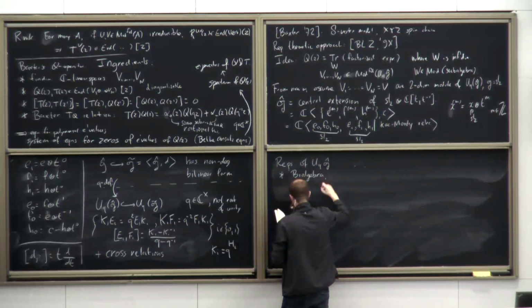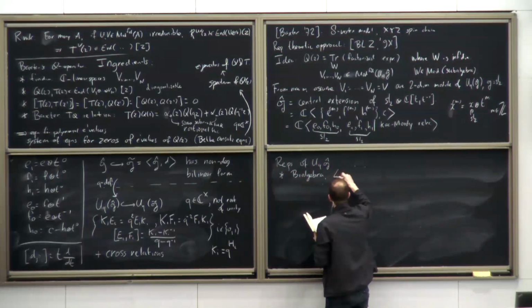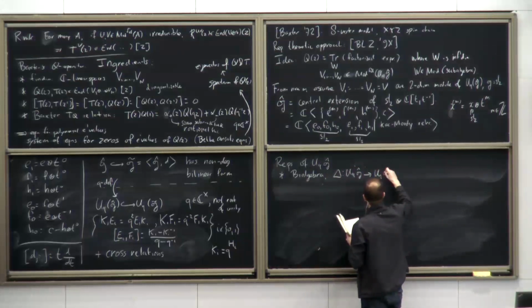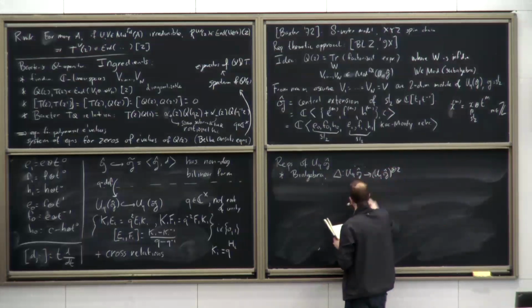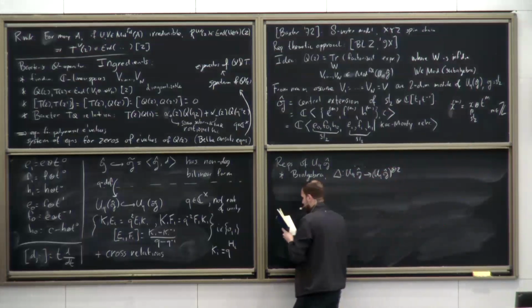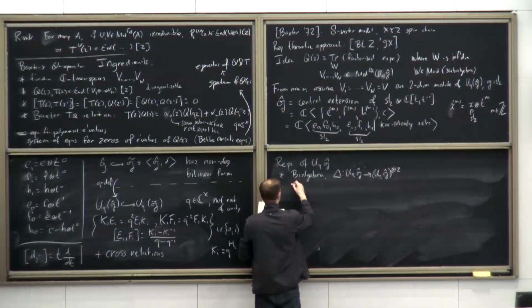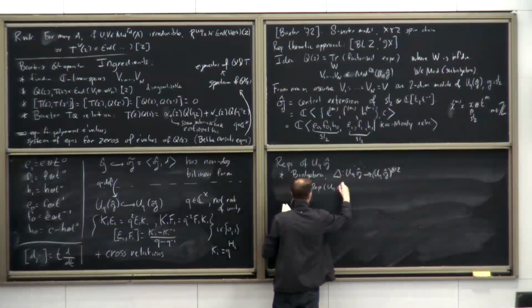And so in particular, there's a map from UQG hat to its tensor square. And so it allows you to consider tensor products of representations. So if V and W are representations,